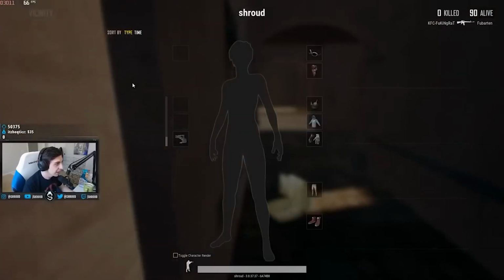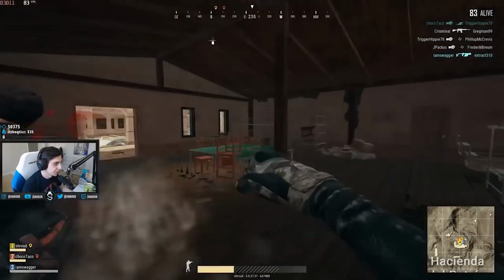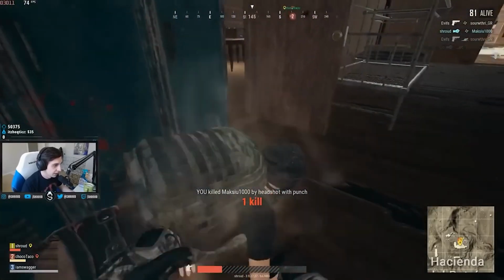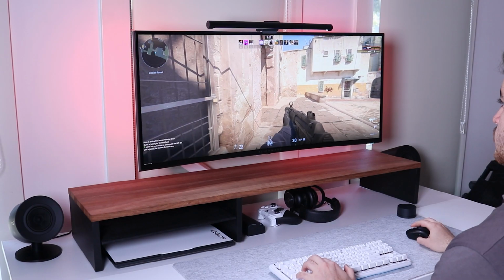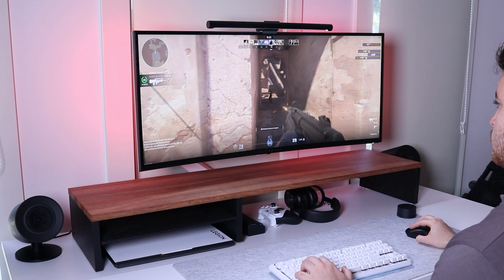If you're a streamer, you should rule out ultra-wide monitors as well. It is way easier for your users to view your stream when you're streaming from a standard 16:9 or a 27-inch monitor rather than streaming from an ultra-wide monitor, which will make everything look stretched and weird for your viewers. Now, you can do some scaling work to fix this issue, but I would stay away from the extra hassle